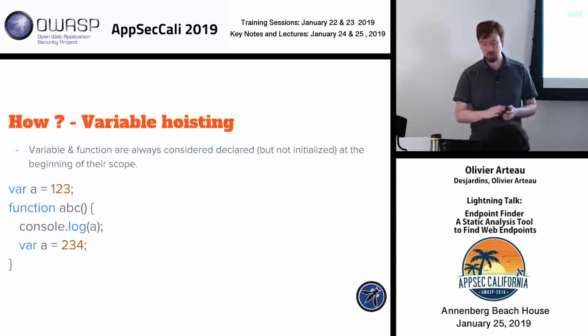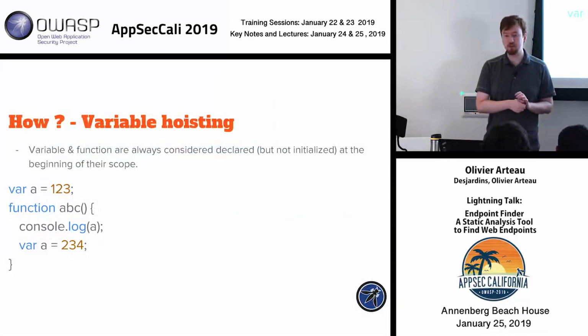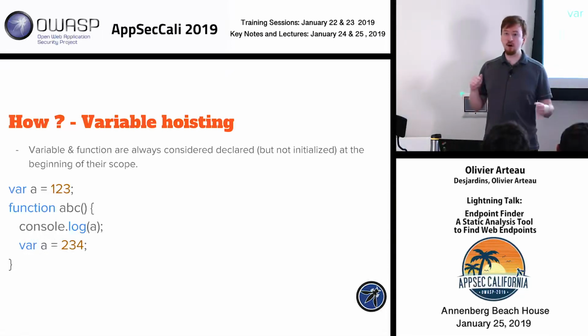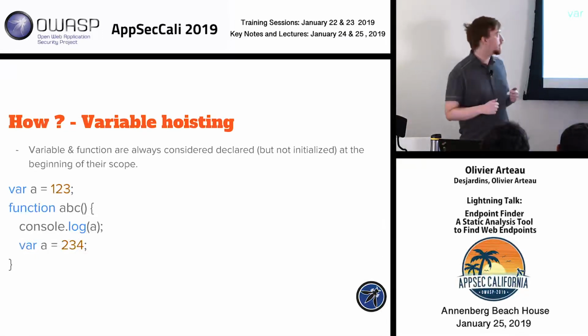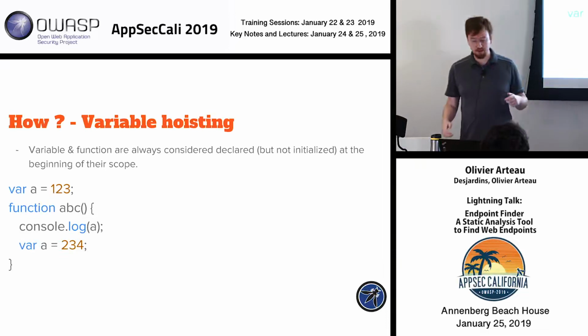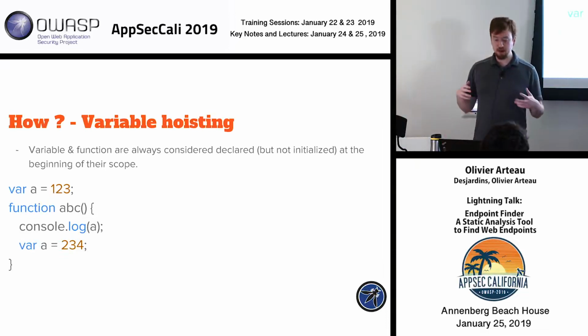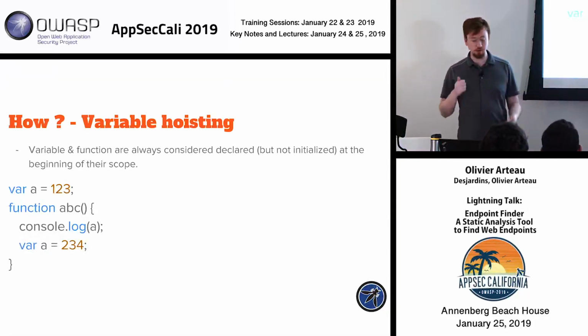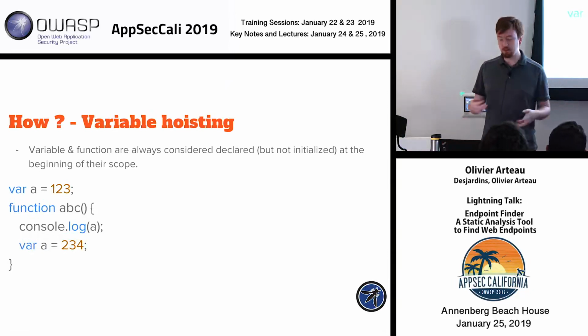The first one is that variables and functions are hoisted. What this means is that variables, no matter where they are declared inside a scope, are always considered to be declared at the beginning. So let's say that we take a look at this sort of funky code, and we're trying to identify what is going to be the value of A when ABC is invoked. We might think that it's 1, 2, 3 or 2, 3, 4, but it's actually going to be neither,